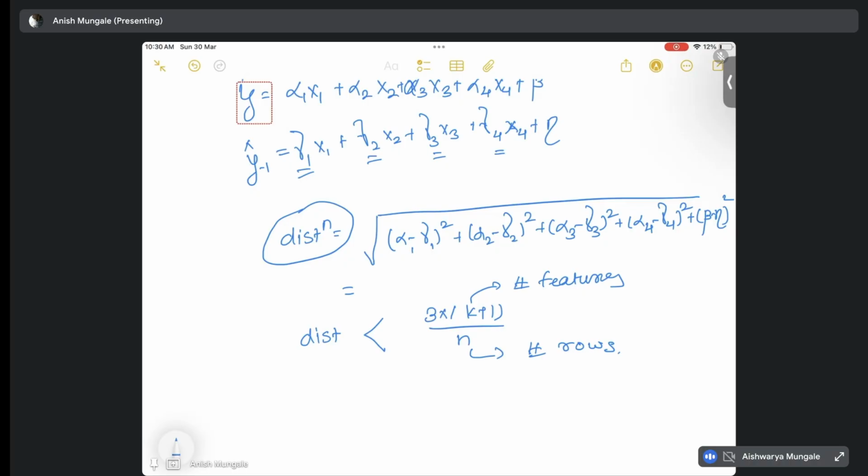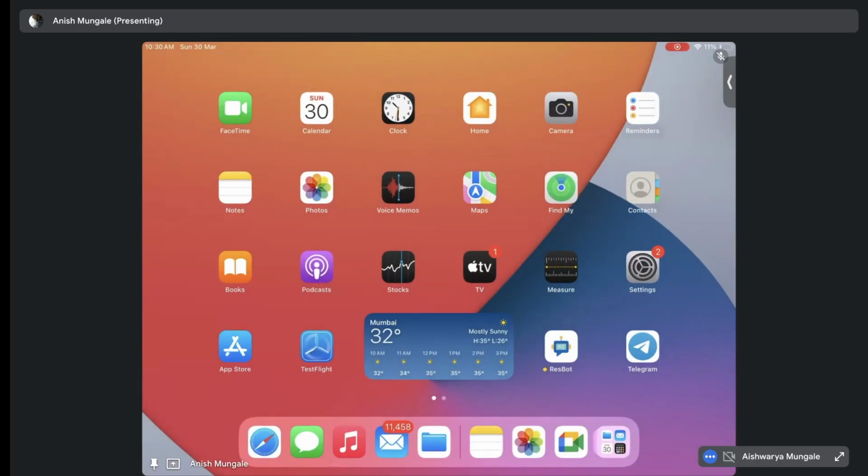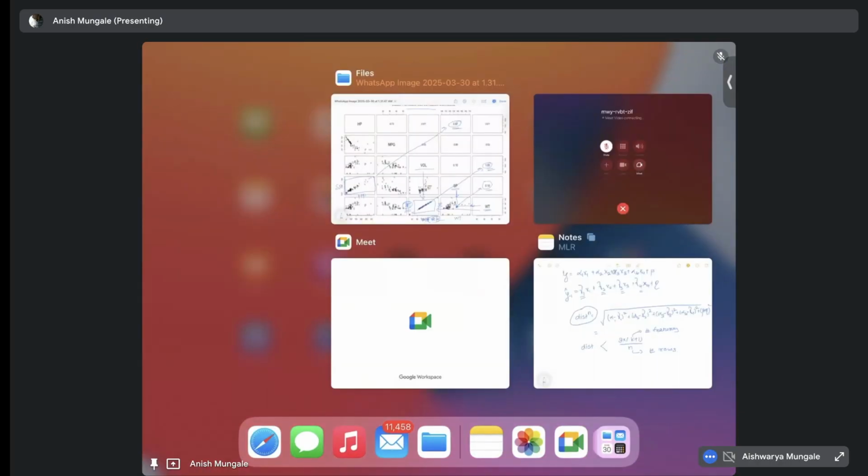Any doubt in the assumption? How do we test it? How do we do the resolution? And any doubt in the outliers part? Okay, I know it's a little intensive in terms of the theory, but